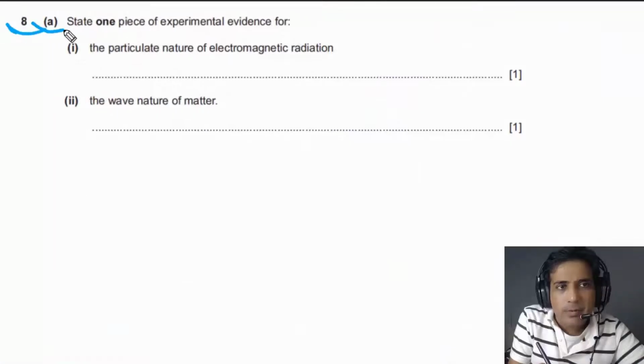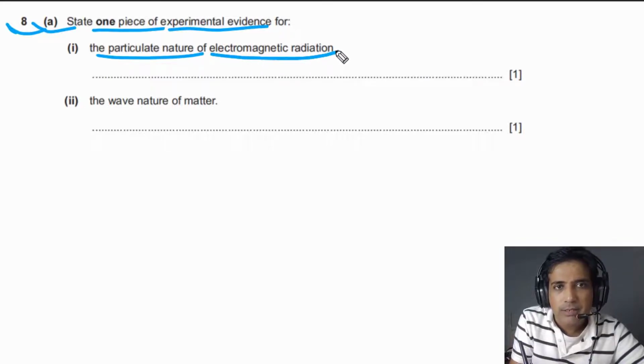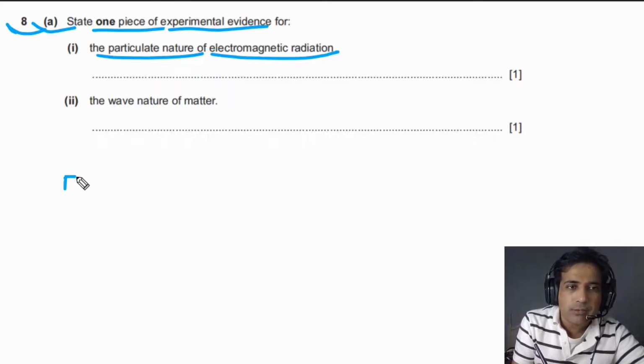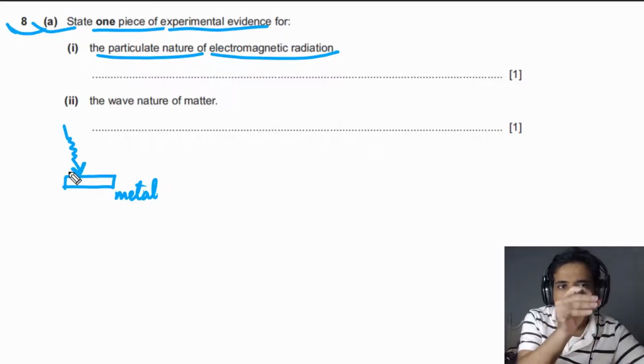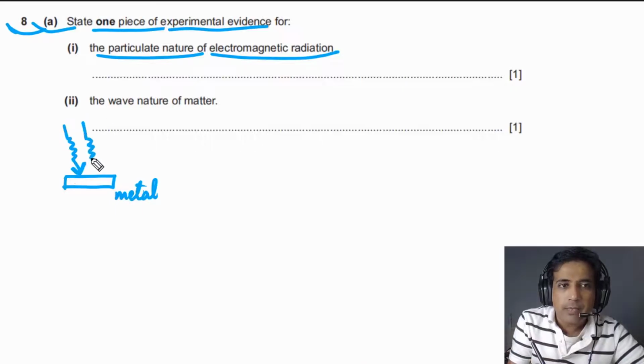For question number 8, part A, we need to state one piece of experimental evidence for the particulate nature of electromagnetic radiation. The photoelectric effect is evidence for the particle nature of electromagnetic radiation. Let's try to understand a little bit about the photoelectric effect. Imagine that this is a piece of metal and EM radiation is reaching this metal surface, or simply we can say we shine light on this metal, and we will observe